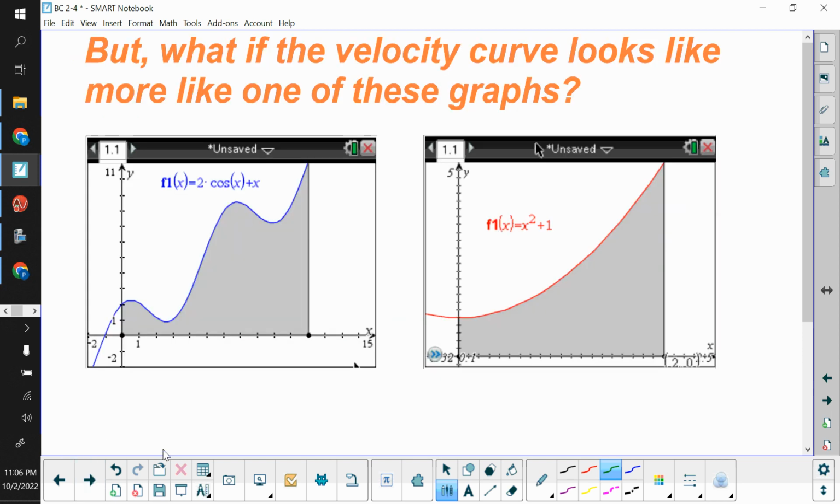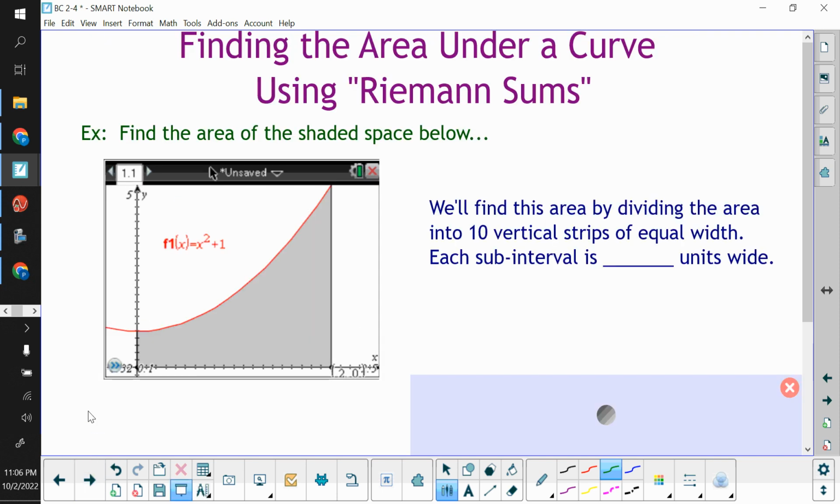But if we go down below, what happens when the velocity graph looks like one of these? Underneath those velocity graphs are not shapes that we have a nice area formula for geometrically. So that becomes a problem. So we're going to start out by investigating that x squared plus 1 area that's on the right there. So if we go over to the next page,